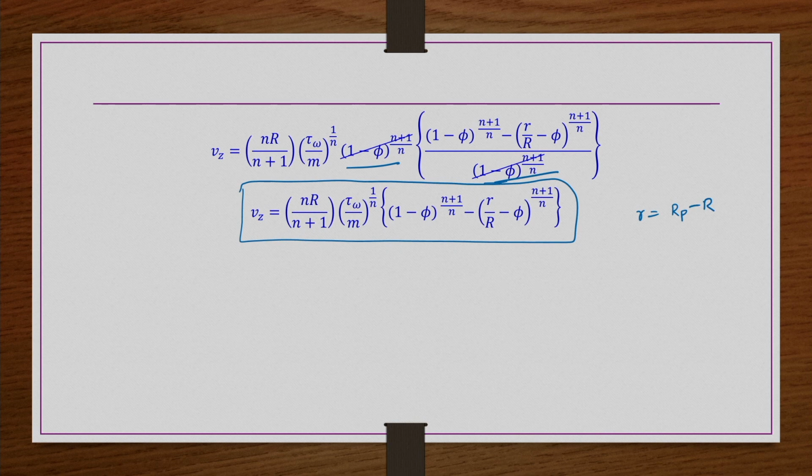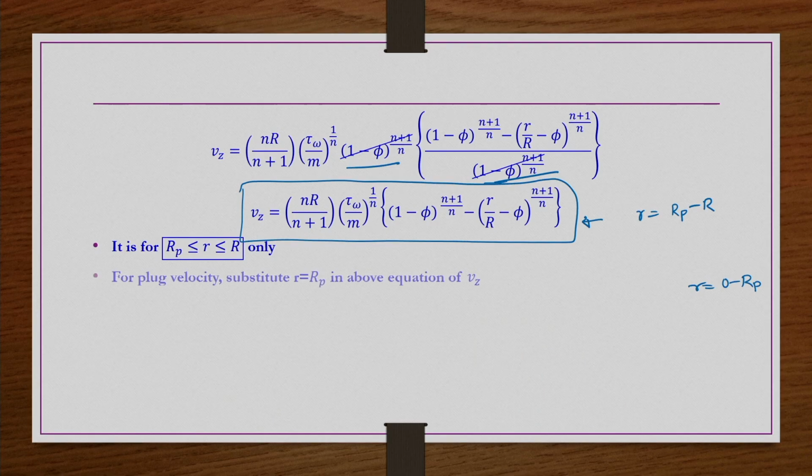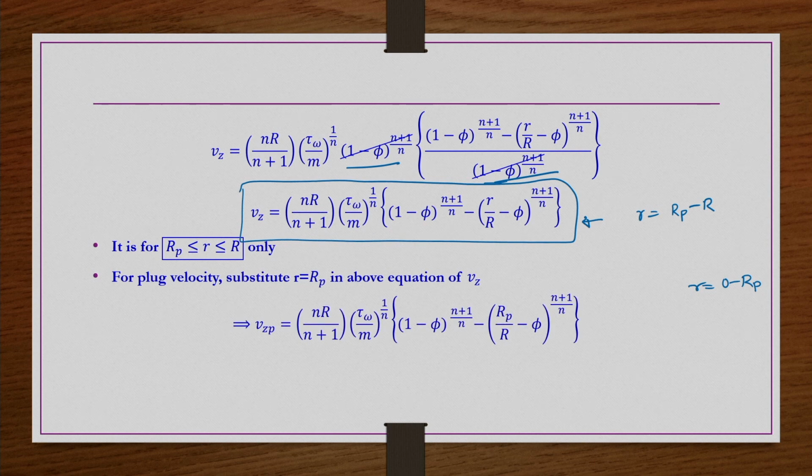In the deforming region, what is the distribution of velocity, how it is being distributed as a function of r, that we got. Okay. So, now what we have to get? We have to get the constant value between r equal to 0 to r_p, like a solid plug. Since this equation is also valid for r equal to r_p, if you substitute r equal to r_p here, then you get this equation. In place of r, we have substituted r_p. So, r_p by R is nothing but phi. So, then this term is 0.